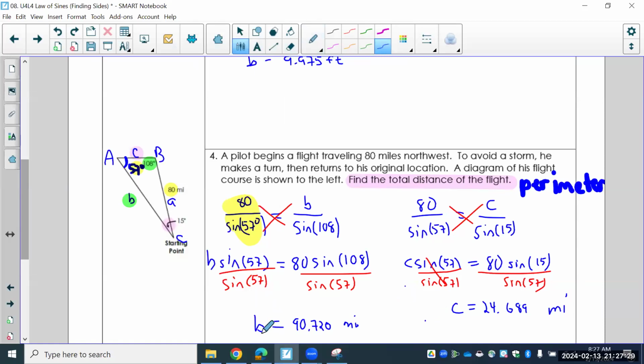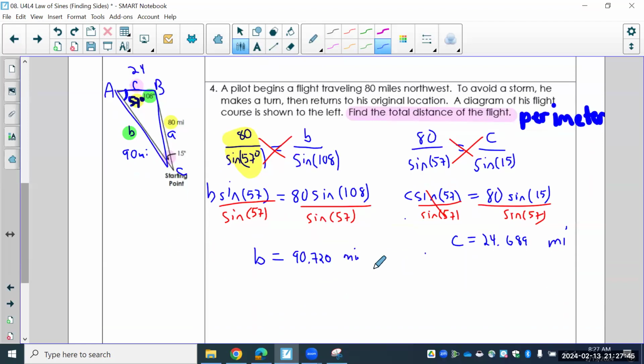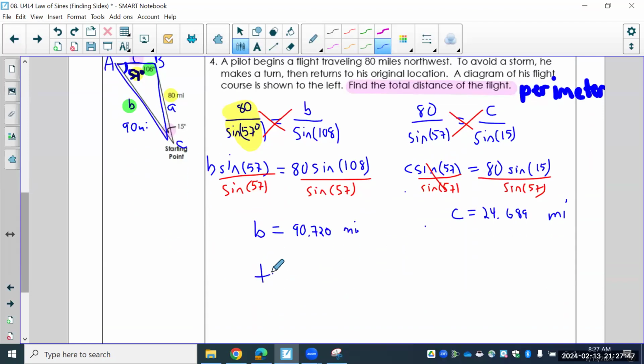Okay, so are we done? Well, if I go back and put this on here, B is 90 something miles. Just doing that for estimation. And this one is 24 something miles. And the plane is flying this whole thing. So the question is, what is the flight path? The flight path is not this long side. The flight path is all of it. So to find the total distance,